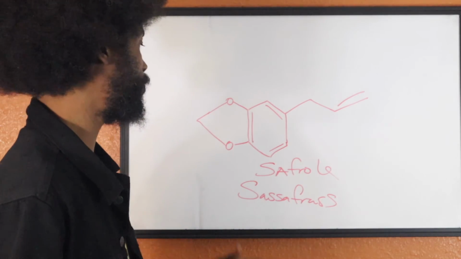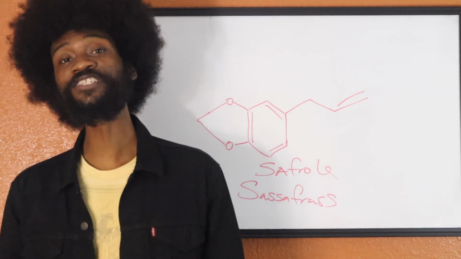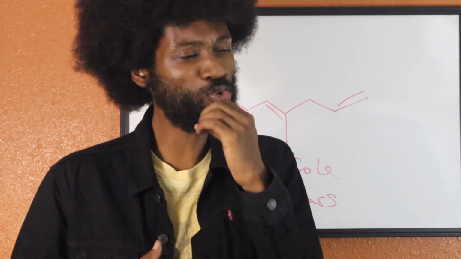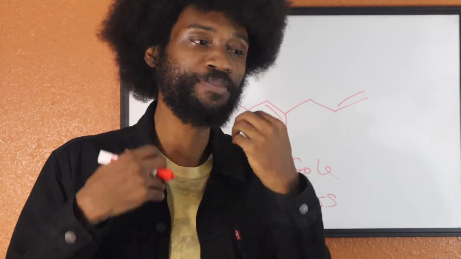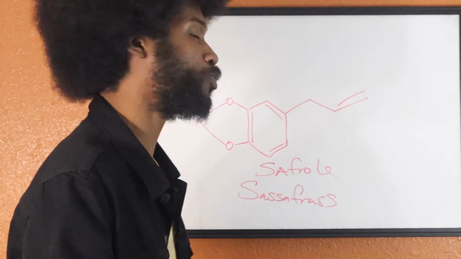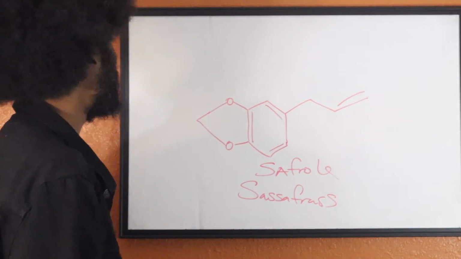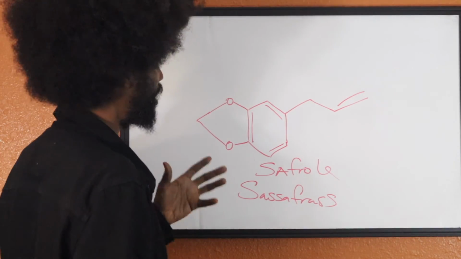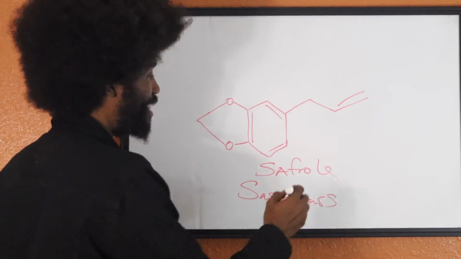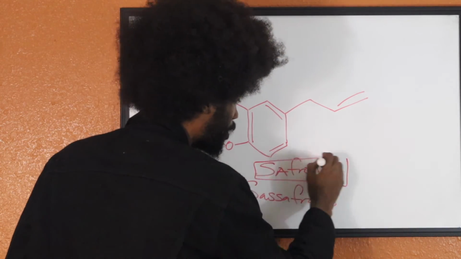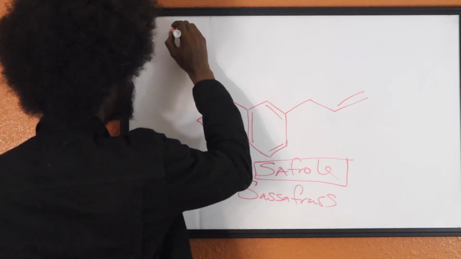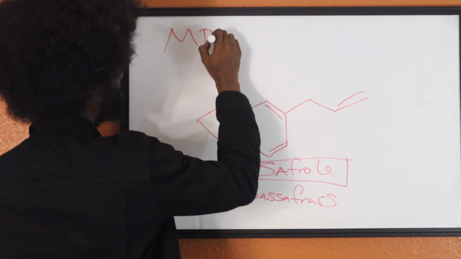All right. Sassafras was also the main component of root beer. That gave its flavor also, and the kind of vibe you get. Remember, when you drink these things, it's not just the flavor, it's kind of the mood it puts you in, which means it has to manipulate the brain in some capacity. Now, the thing about the sassafras and the safrole is that this is the main component, all right, in order to make MDMA,